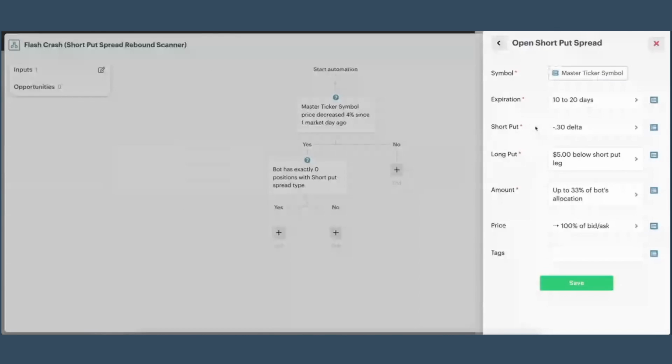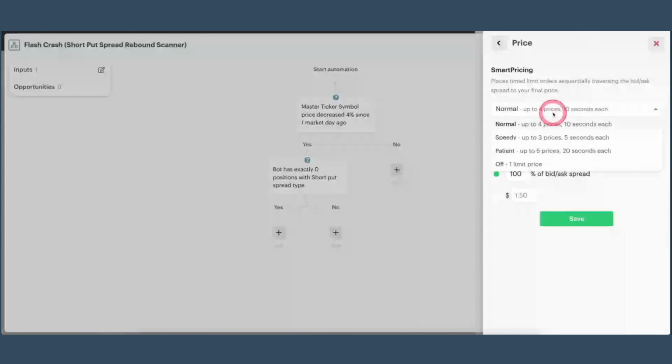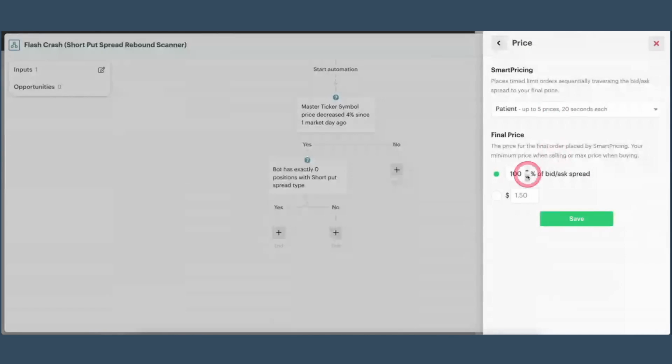The market move midday. And then the last thing that we want to do here is definitely patient pricing. I'm a fan of patient pricing, but I do want to get into the position. So I'm going to let it go 100% through the bid-ask spread, okay? I wanted to try multiple prices, and even though the markets are crazy that day, I don't want to rush it, but I do want to get into the position because I want to try to benefit from that rally